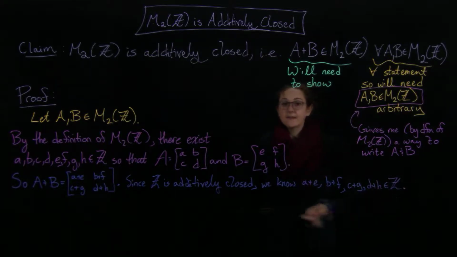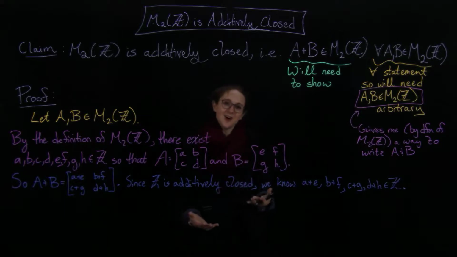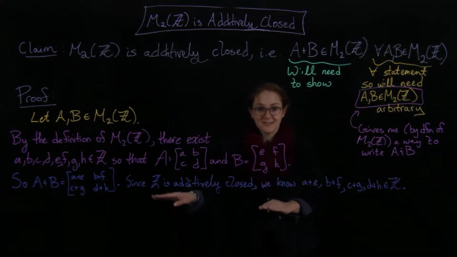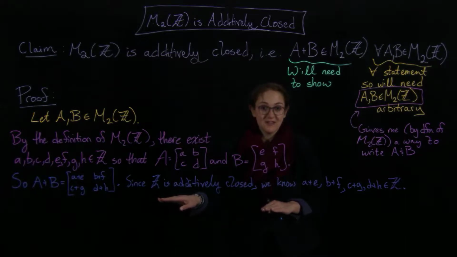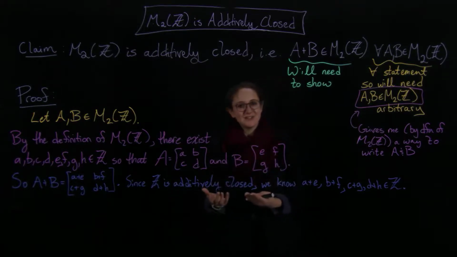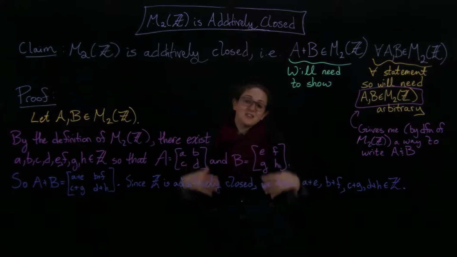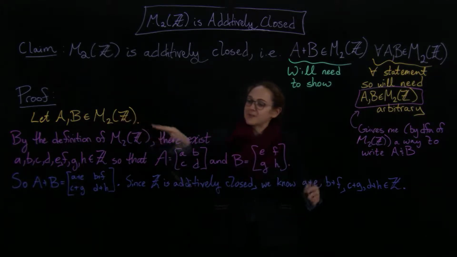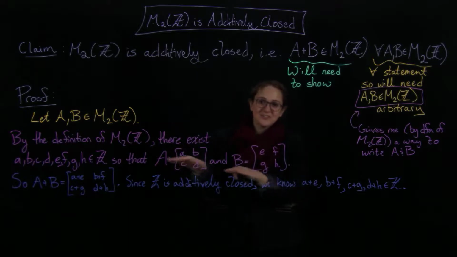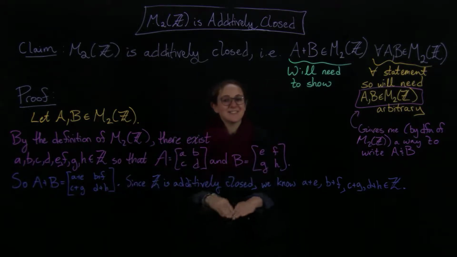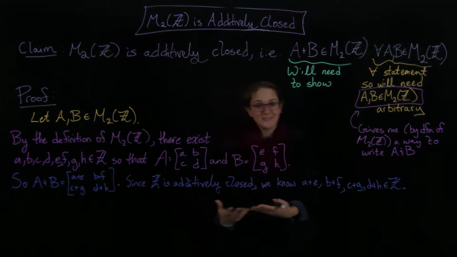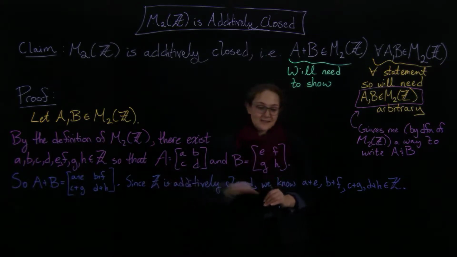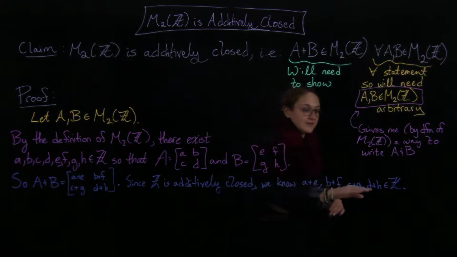Okay. Now this is actually very common in these types of settings, that you're going to use that the property holds in this example for the integers, right? So we're actually using that the integers are a ring, and so we manage to take our elements, write them in terms of integers, so that the sum is in terms of integers. We can use the properties of integers, namely this. So since Z is additively closed, we know that these are in Z,